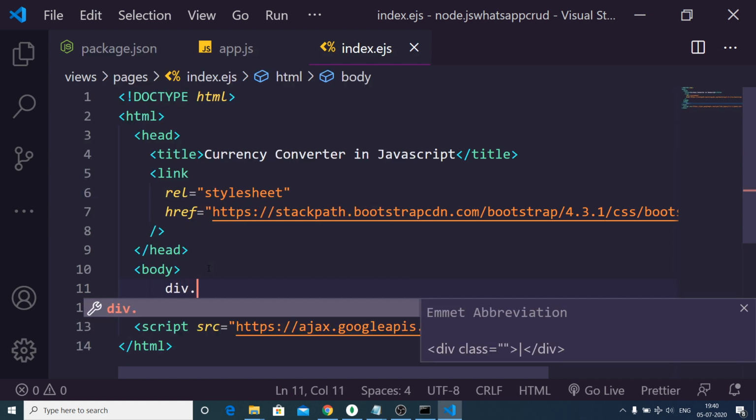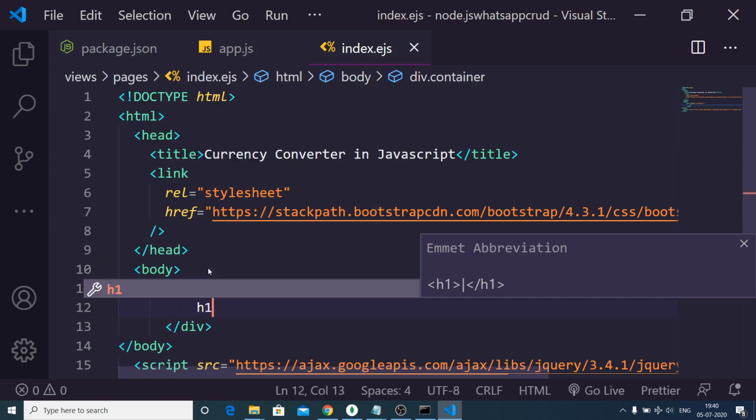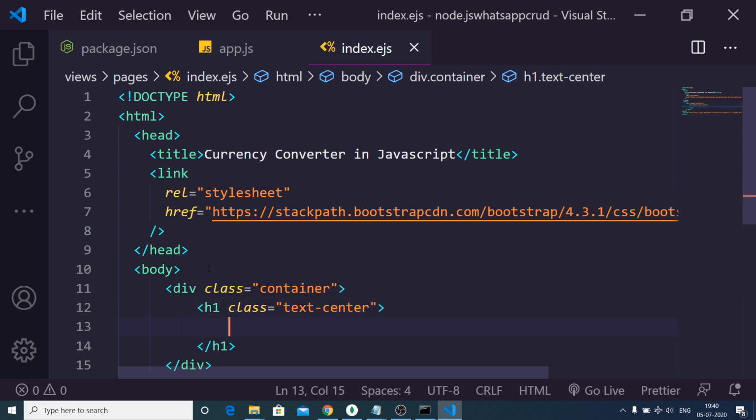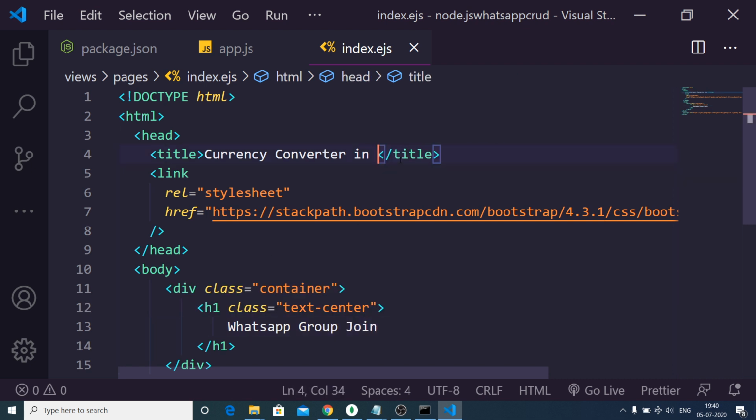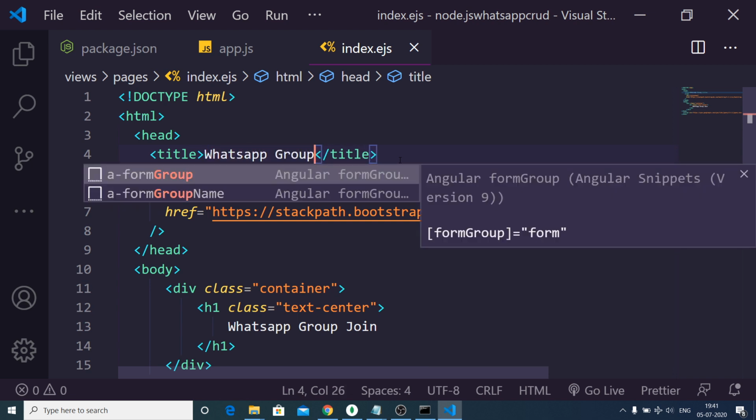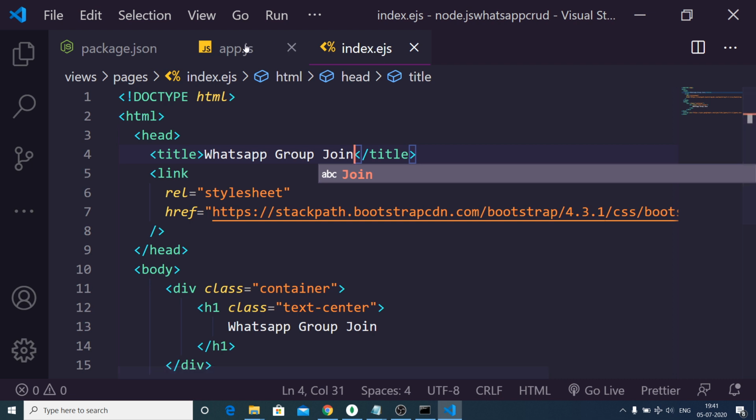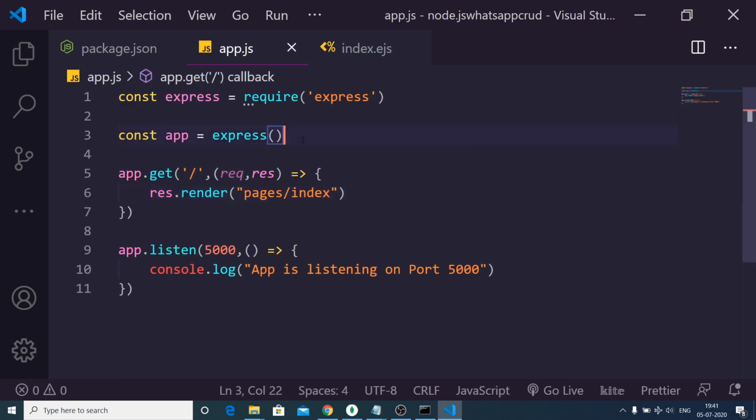Now inside this we will have a container class of Bootstrap, and inside this we will have a simple heading, which is the title of the application, WhatsApp group join. Here I can also change the title to WhatsApp group join. And now what we need to do is set the view engine,